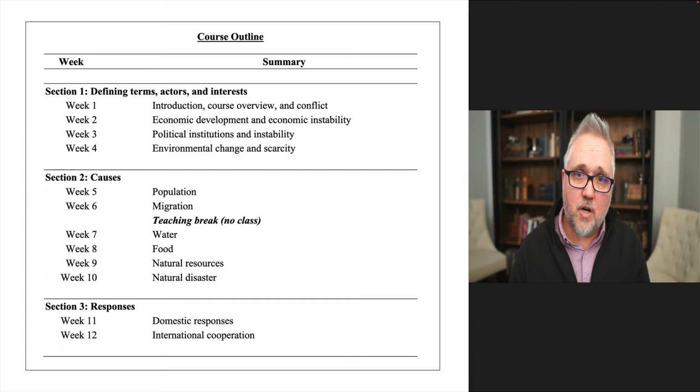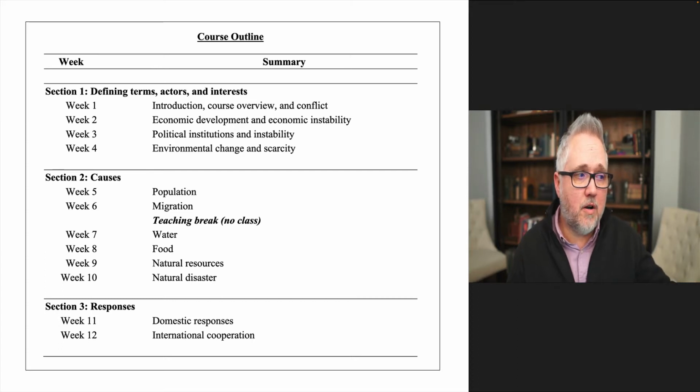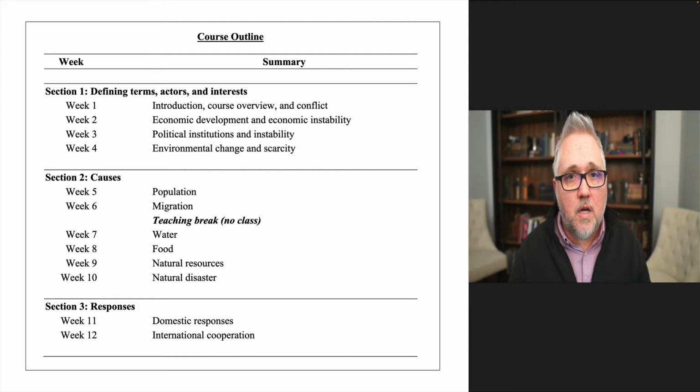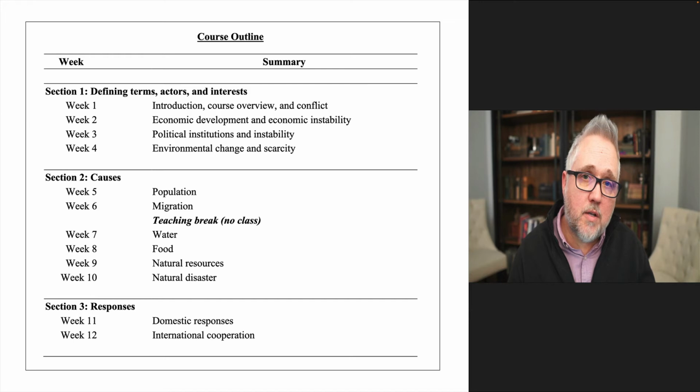I structured the class in which we had the first part of the term defining actors, their interests, the terms that we would use over the course of the term, and the initial most influential explanations for the causes of conflict. The second section focused on environmental and social factors that are connected to those underlying political, economic, and structural factors in the first part of the class. And then these last 2 weeks are starting to connect it to governments' domestic and international responses to these kind